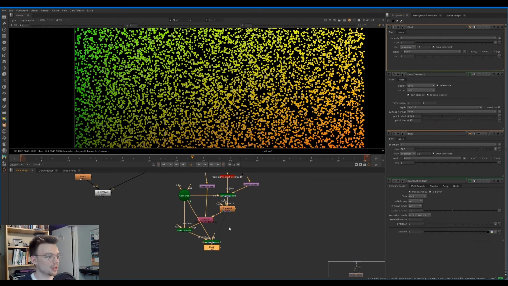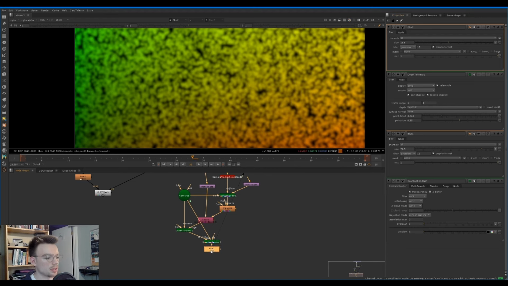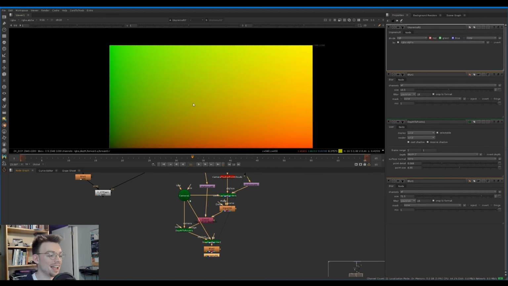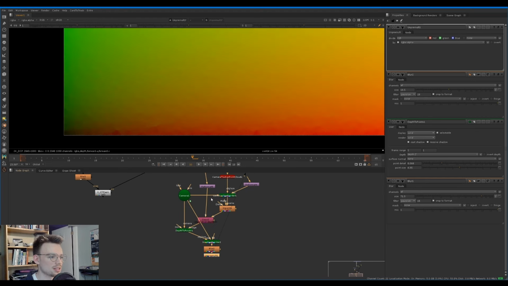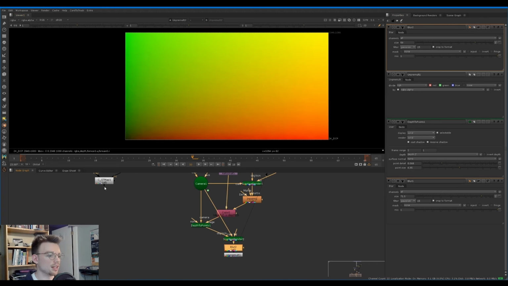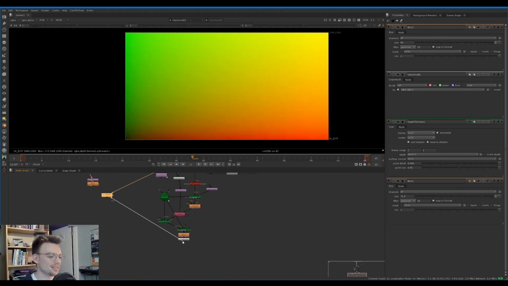Now we can blur it, like so, unpremultiply it, and we've got a completed STMap. And you'll see there's still some issues here. We can just increase the blur a little more to take care of that. And what do we got now? If we plug in our STMap to here,